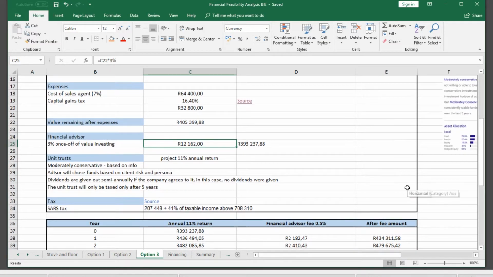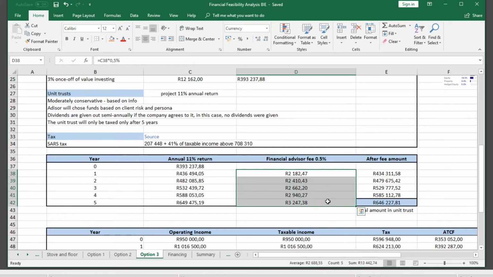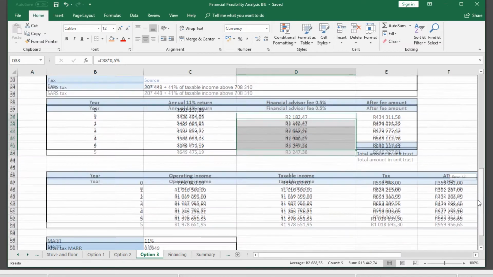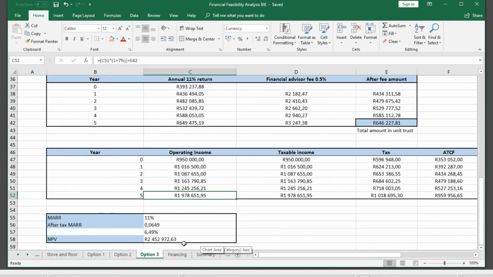No dividends will be given, and the unit trust will only be withdrawn after 5 years, and tax will also be paid after 5 years. As you can see here, the financial advisor continues to take a fee of 0.5% every year, and her operating income will be just her salary, and at the end of 5 years it will be her salary plus her total unit trust funds. It will then be taxed, and then we will receive an after-tax cash flow where we will be able to